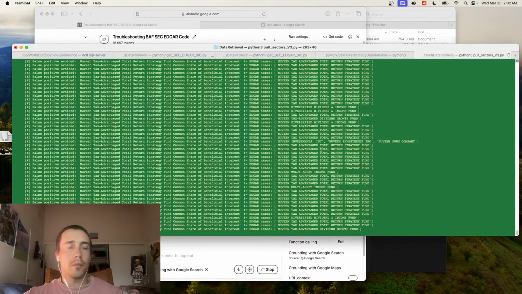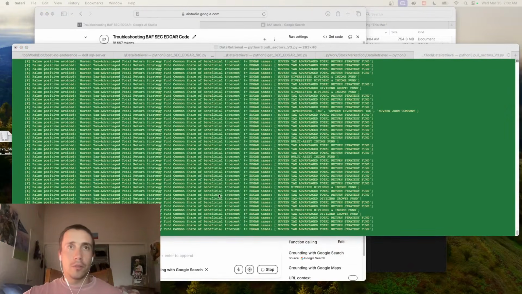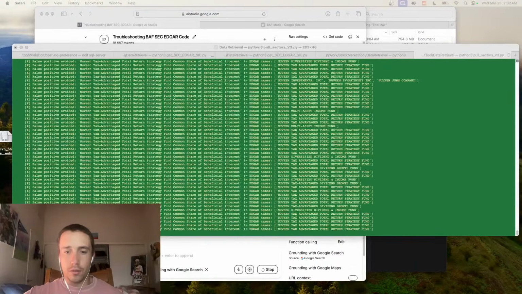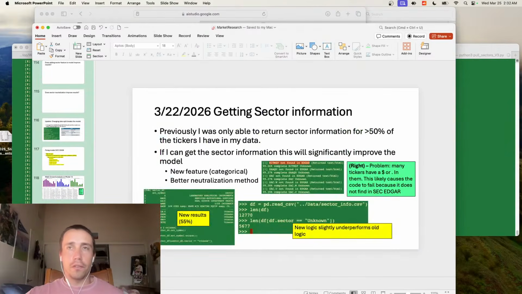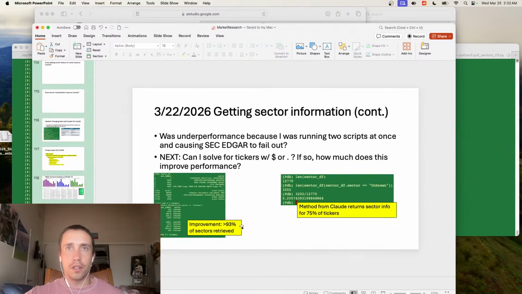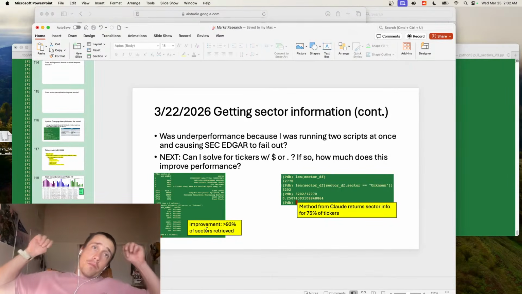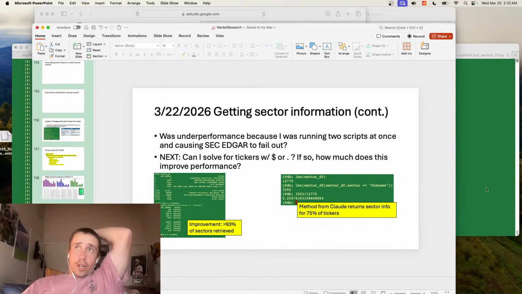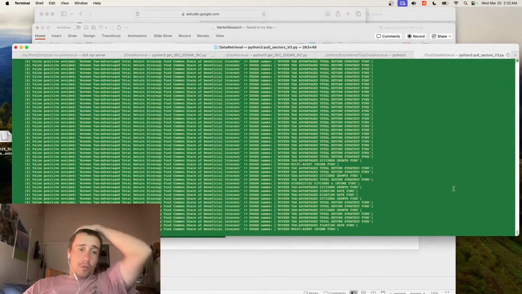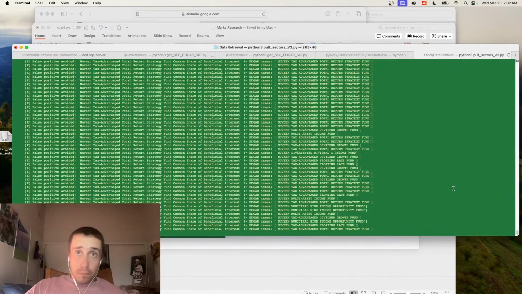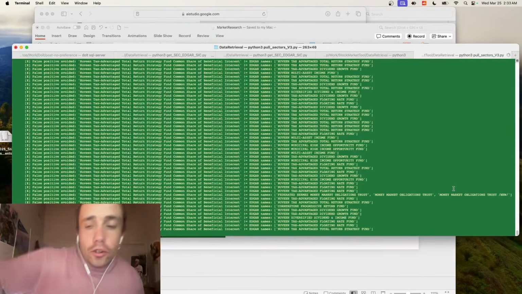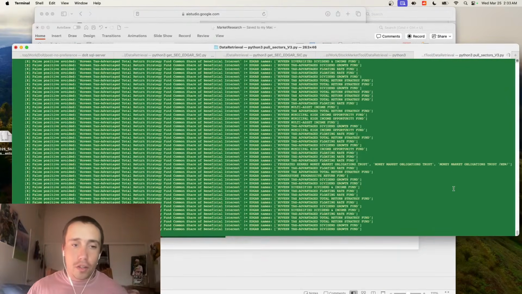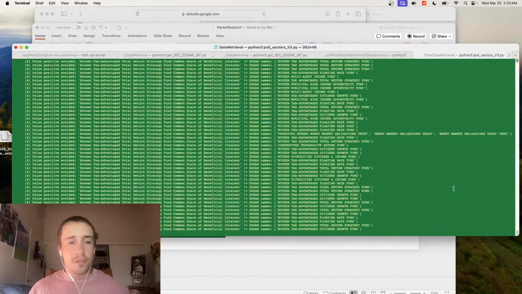Dang it. So basically here's my problem that I'm working on right now. I need to get sector information. I was getting 55% of sectors. I improved it to 75% of sectors, then 93% of sectors. And now I'm getting 97% of sectors. I've got some code which works for the missing sectors, so I'm going to have all of this in the data. But once I have it, I need to make sure that I actually have the right sector for the ticker. So that's it for tonight.